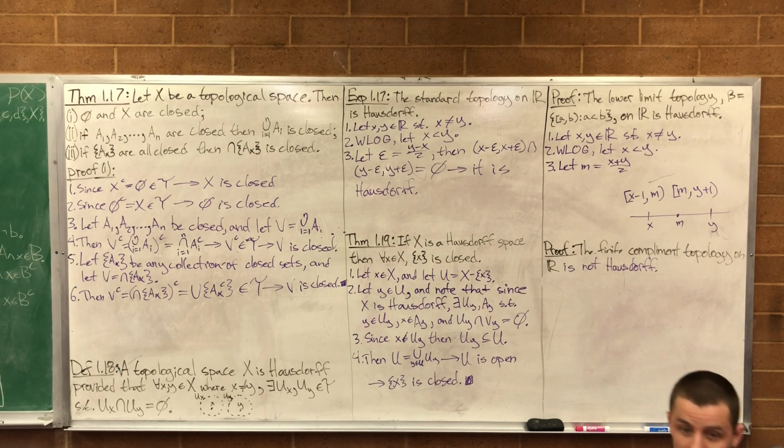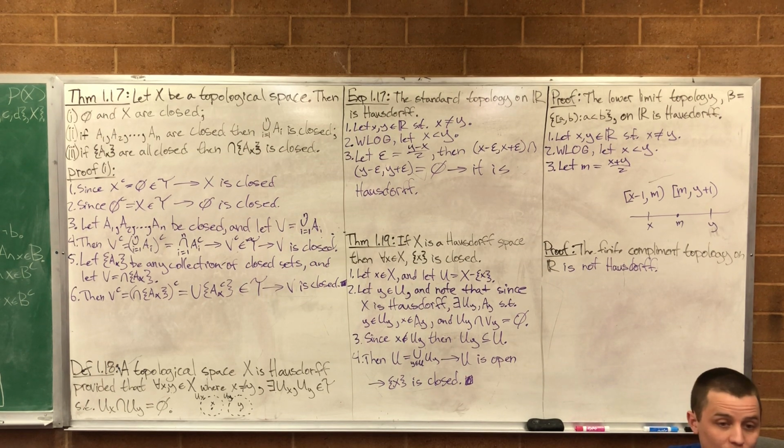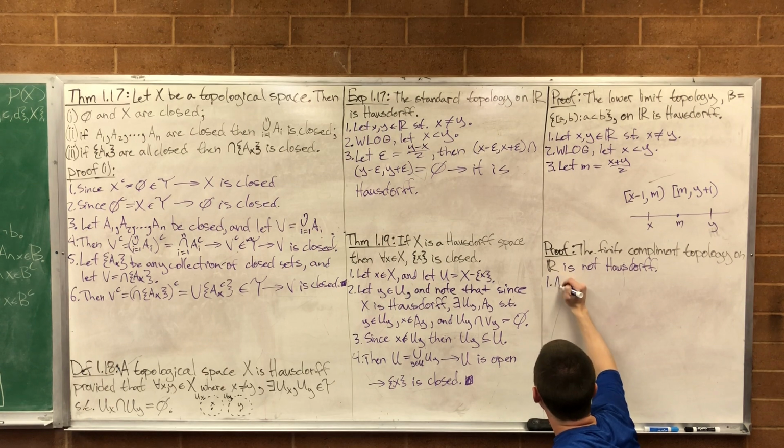But that's a really hard thing to do, because what do you need to do to find a counterexample? You need to find two particular points and say, any neighborhoods you contain around this point and this point, do they have an intersection? How do you prove that for infinite things? So this one's actually going to be easier by contradiction, I think. So, 1.